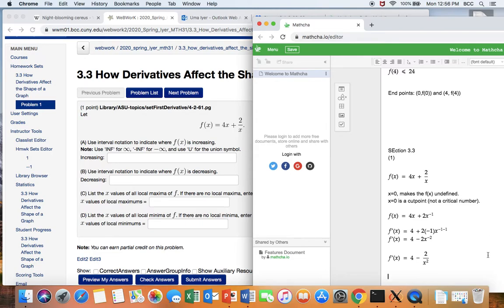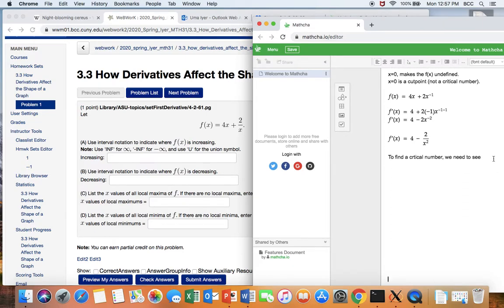Now for a critical number, we need to find a critical number. We need to see where f prime x equals 0. In other words, you need to set this equal to 0. So 4 minus the fraction 2 upstairs, x squared downstairs. All of this has to be equal